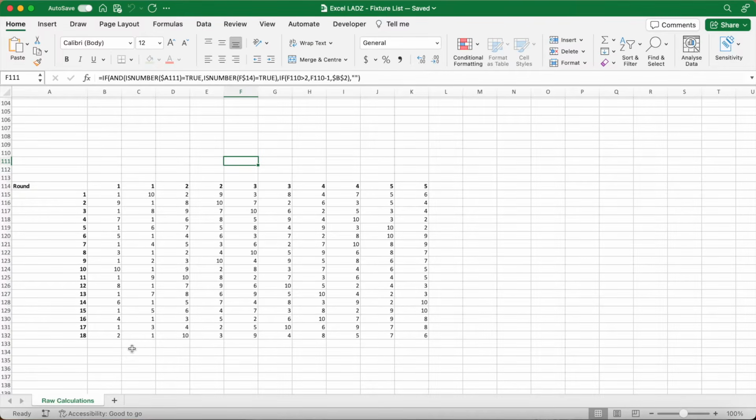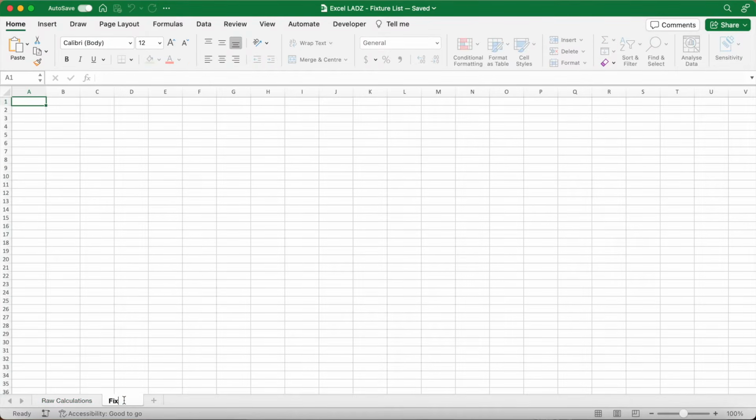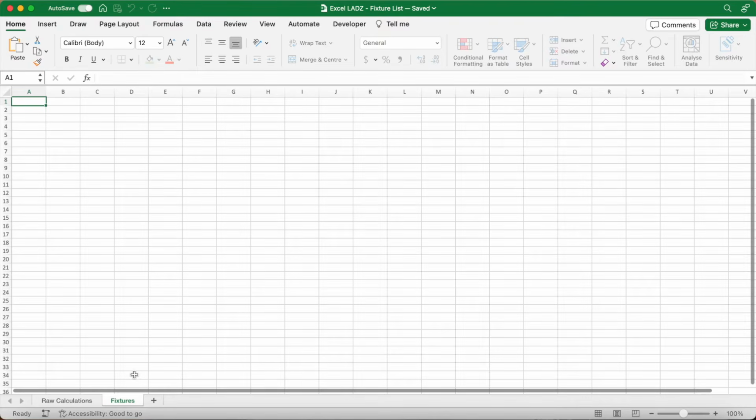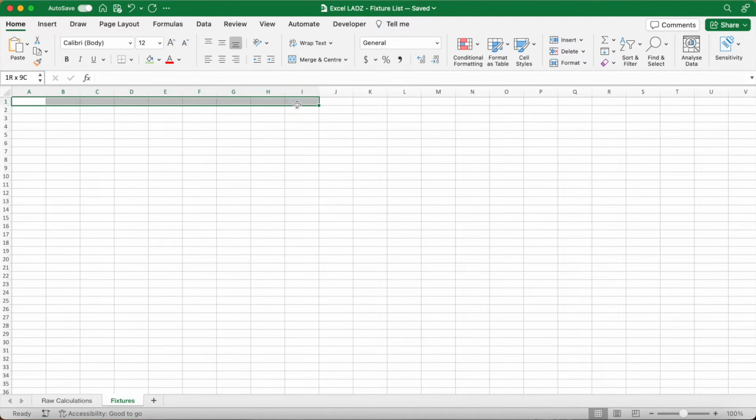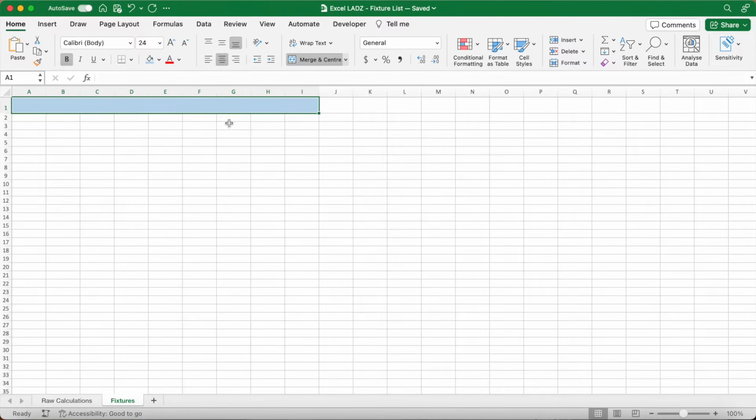Name this sheet raw calculations, and then go ahead and create a new worksheet called fixtures. So press that plus button there, type in the text fixtures, and then we're going to merge and center cells A1 to I1, add a blue fill, make it bold, and in here we're going to type in the text